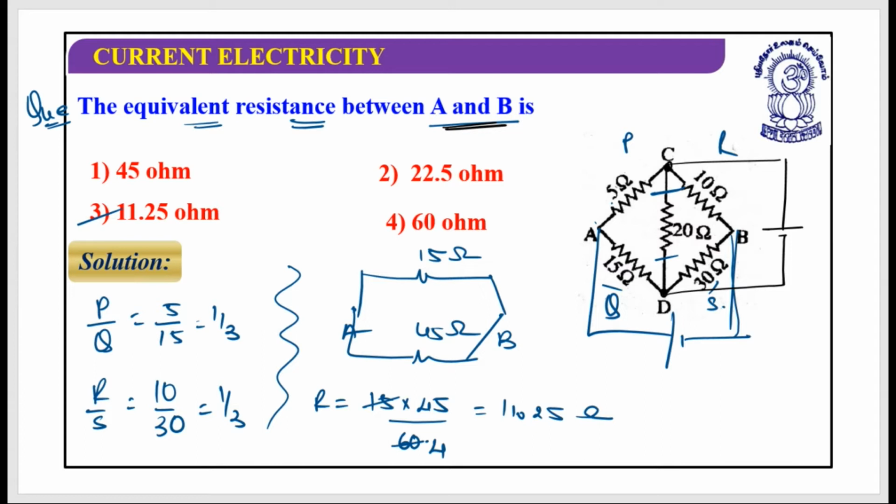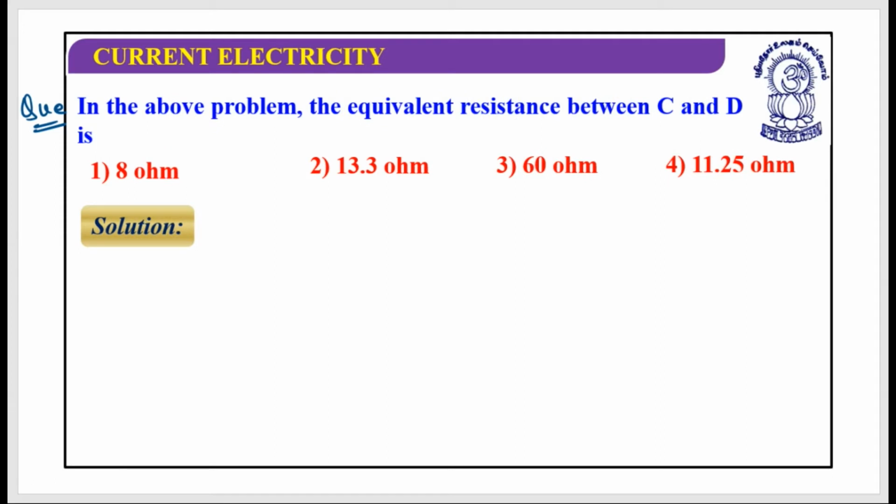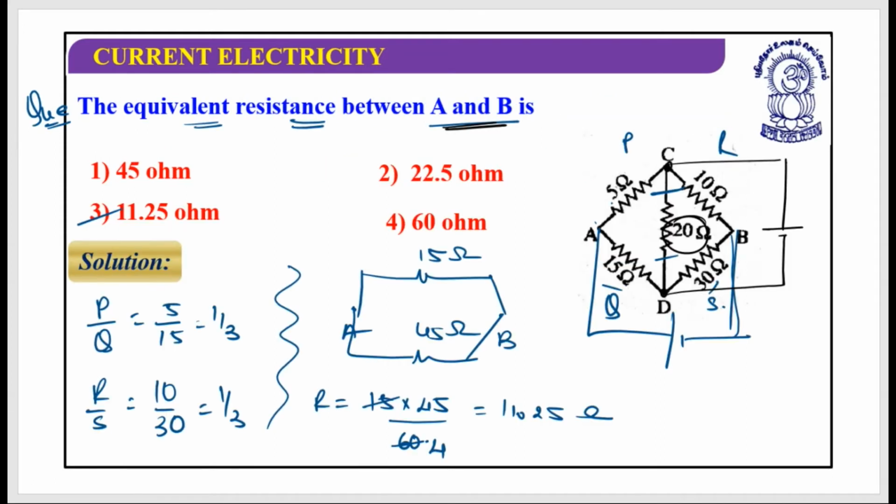It could be the case of a Wheatstone bridge, but you have connected your battery, or your supply, at the same diagonal where the fifth resistance is. I'm talking about this resistance. Then it could not be the case of the Wheatstone bridge. So now when I'm talking about C and D, it is just the case of three parallel branches. So this is 5 ohm, this is 15 ohm, it's 5 plus 15, 20,